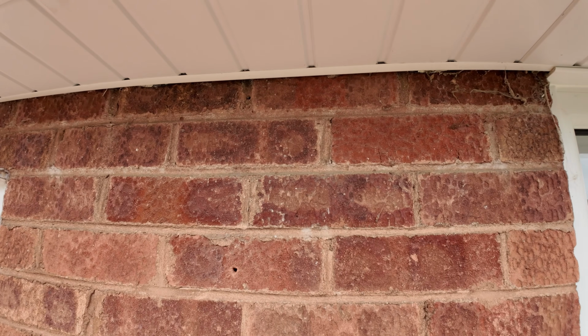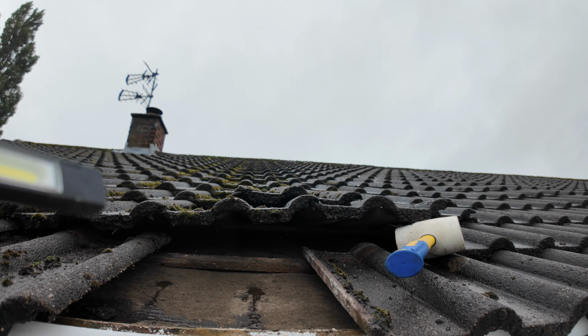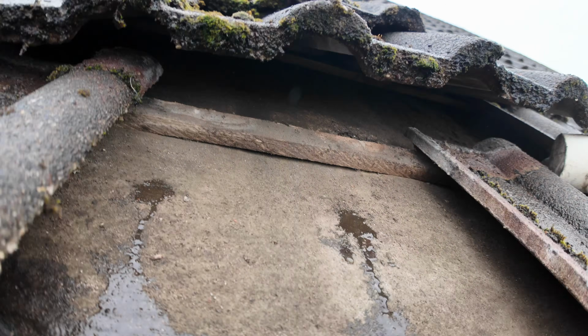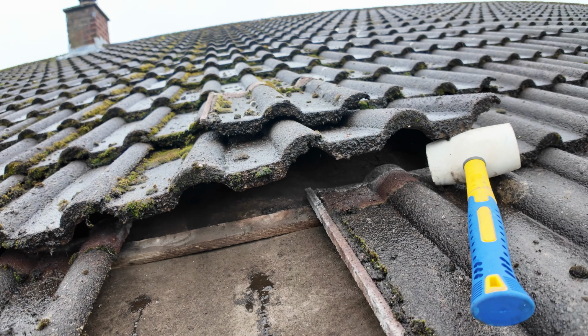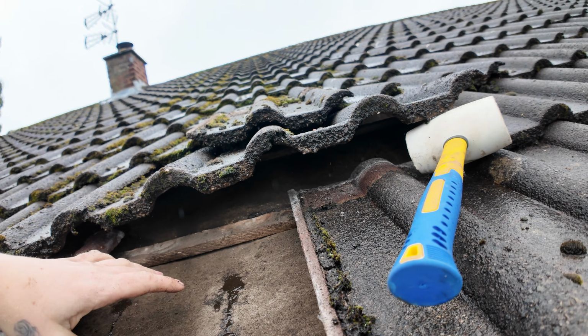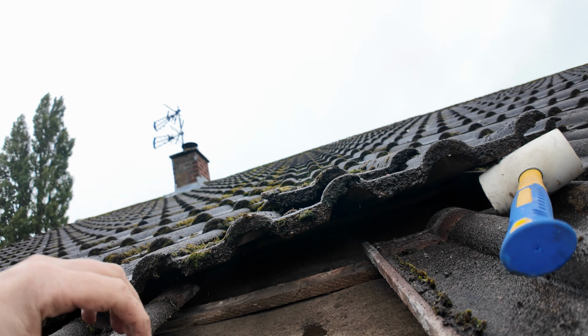This is going to look ridiculous, and most electricians out there will go, what the hell are you doing? Just tell them, no, the cable's going on the outside. I stuck this one back up, so I knew it's half a rod there, it has to go somewhere. So I've taken one tile off here. I'm not concerned about the felt because all of it just falls into there. I say I'm not concerned, as in I'm not going to rip it or cut a hole in it, but equally it's definitely taking the water away from the house. But as it falls down, it's now just falling into the soffit. So I will tell the customer this, but